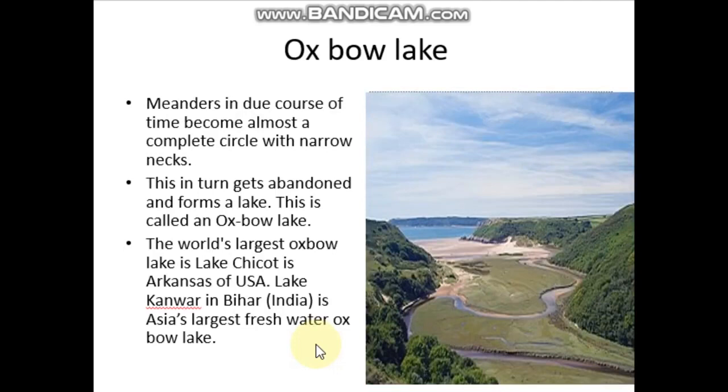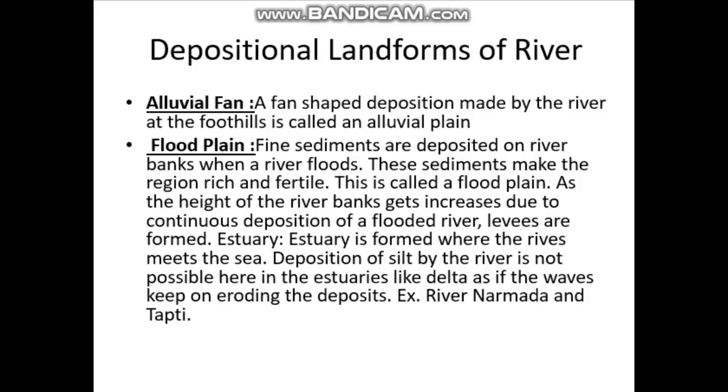Next one, Oxbow Lake. What do you mean by ox? In Tamil we will say Kaalai. The Oxbow Lake: meanders in due course of time become almost a complete circle with narrow necks. So this in turn gets abandoned and forms a lake. This is called an oxbow lake. The world's largest oxbow lake is